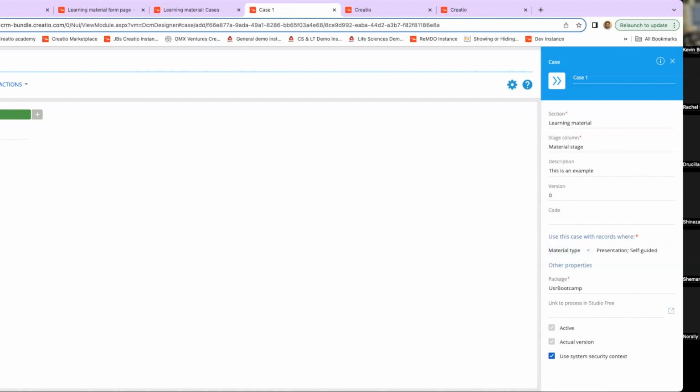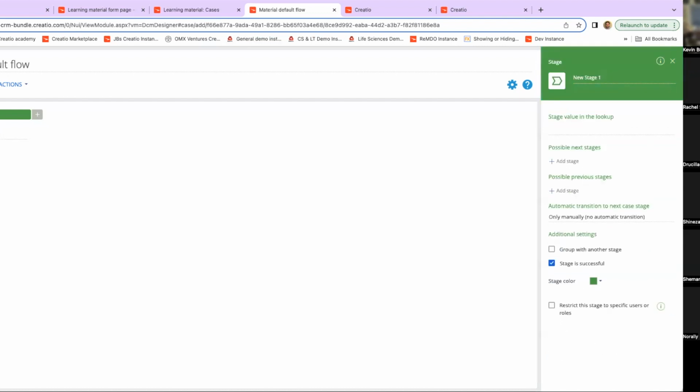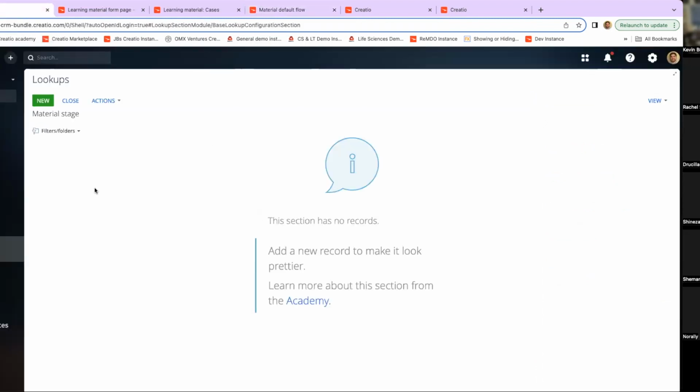And so maybe I'll call this material alt flow. Now I'm going to click on this first stage, and it brings up this green panel on the right side, where you can see it says stage value in the lookup. That's the stages lookup that we told it should get stages from, that as of right now doesn't have anything in it because we haven't filled the stages, which is why I have that lookup open to make it easier